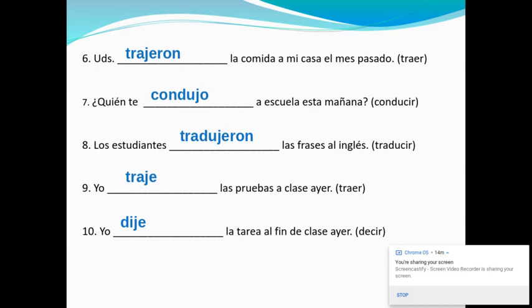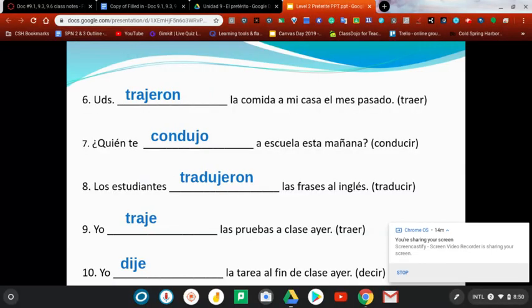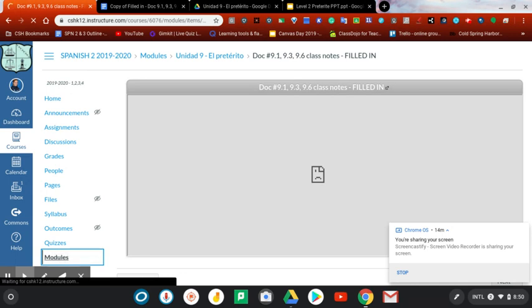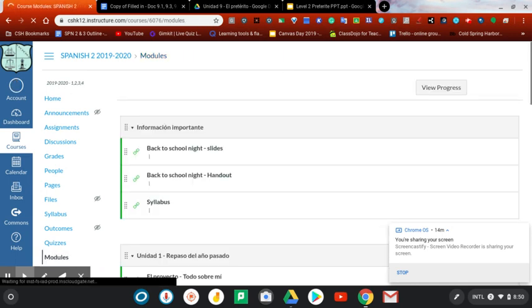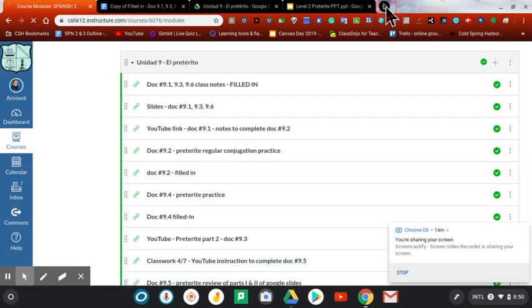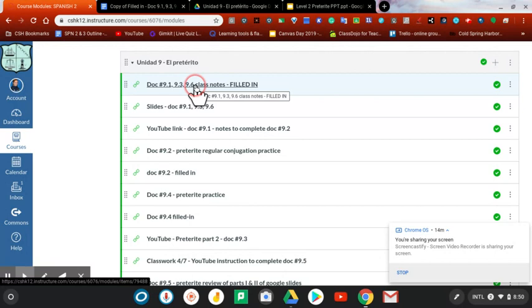So this is the last piece of information that you guys are going to need to complete your learning of the preterite tense. We spoke about this when we were together in class. This tense has a lot of layers to it. There's a lot of irregulars. There's a lot going on. So I hope that by breaking it down into chunks, it helped you to process a little bit. But please just remember, if you go back into your module for Unit 9, you have every piece of preterite information. So if you need to go back to the regulars, here are your notes completely filled in.